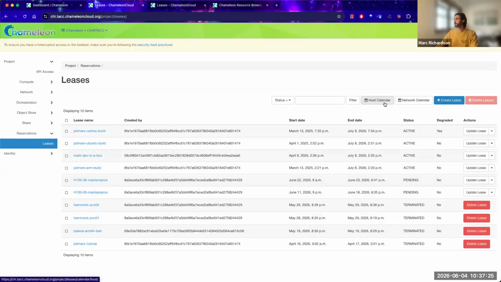And then if I want to check the host calendar from here, I can click this, or I can look at networking, the network calendar, because again, you have to reserve network resources, so you want to check the availability. And then finally, there's this create lease